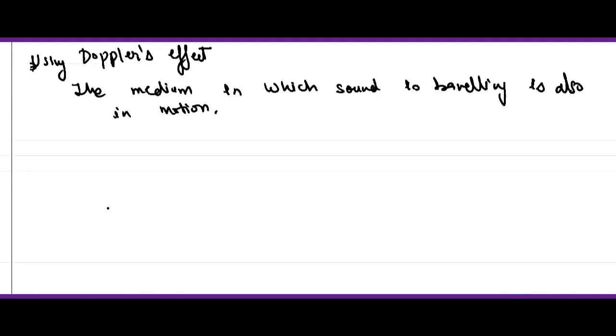So from here we will say that the frequency will be what? The changed frequency is equal to the original frequency, that is mu naught, into c, the velocity of the sound,